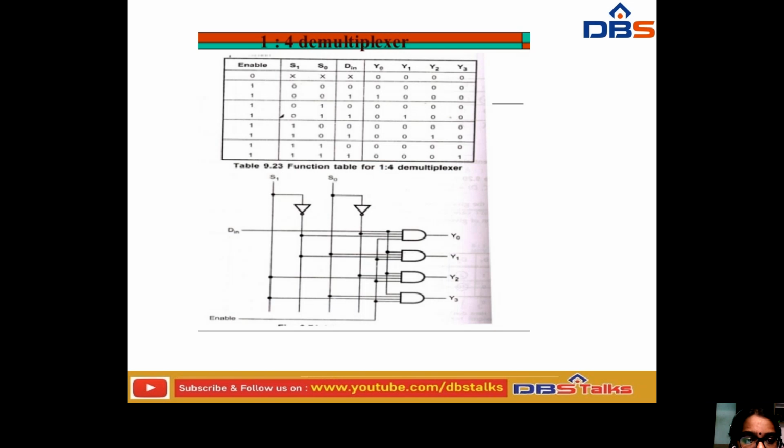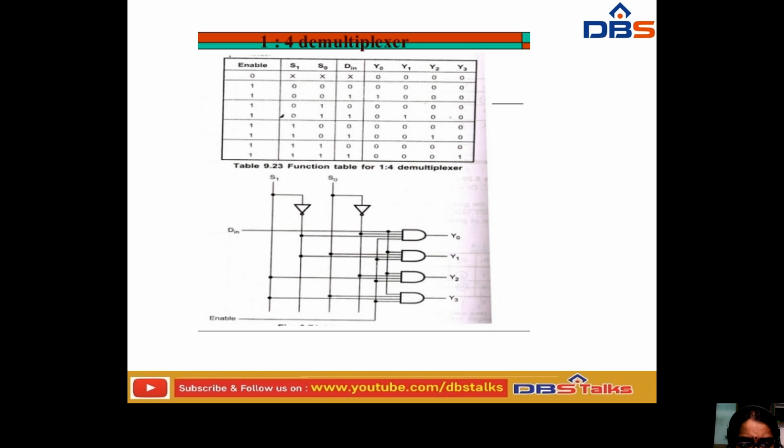And here these two values are also enabled. Why? Because we have taken these two input values. If you have provided input values, then it will be enabled. Otherwise, if you have not provided them, definitely it will be disabled. So if it is 1 0 and the demultiplexer input is 0, automatically all the values will become 0. If the demultiplexer input is 1, then at the second position the value will become 1 and all the other values will be set to 0.